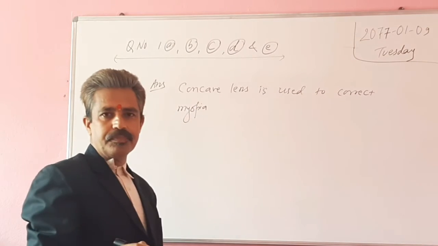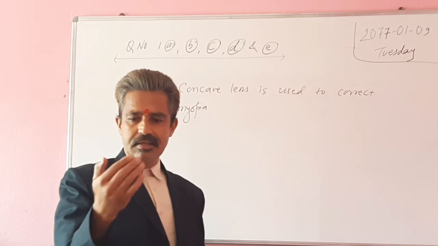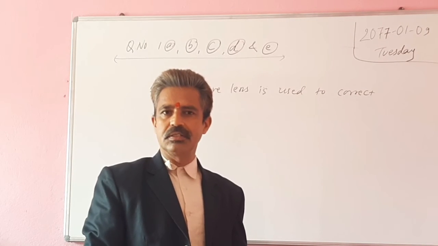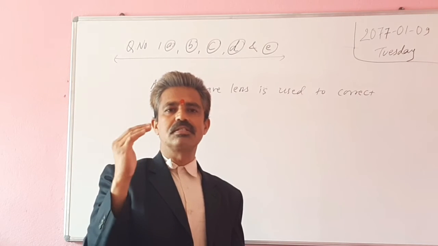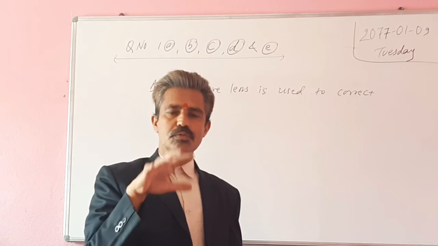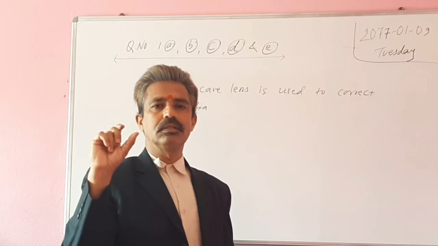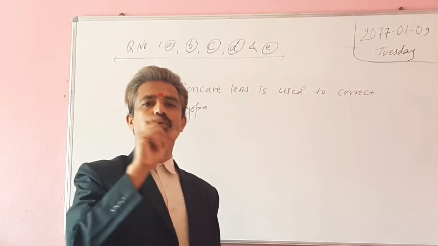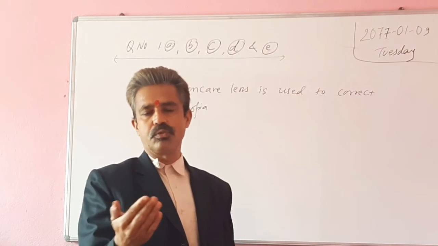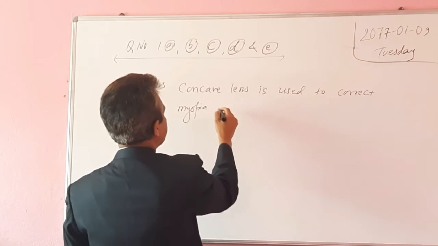Do you know myopia? That defect of vision in which the person can see near objects clearly, cannot see far away objects. Like the student who is sitting in classroom uses spectacles to see the things written on the whiteboard, and he or she does not need the spectacles while reading the book. Concave lens is used to correct myopia because